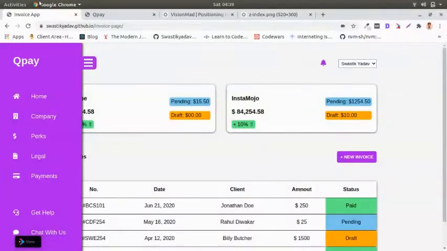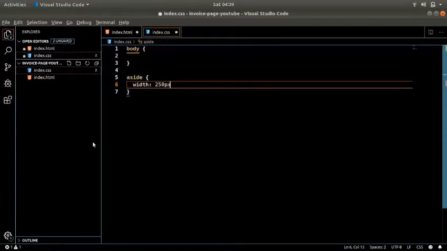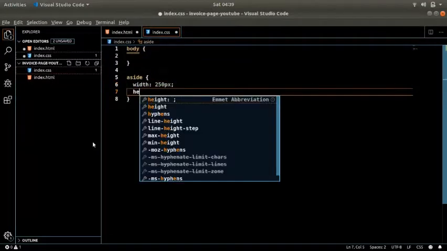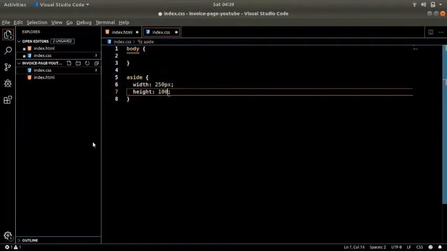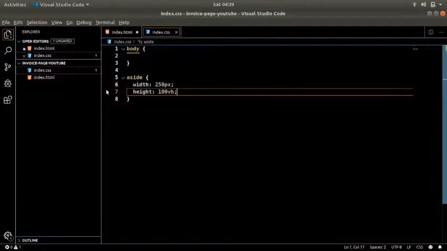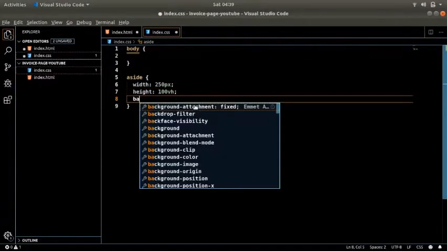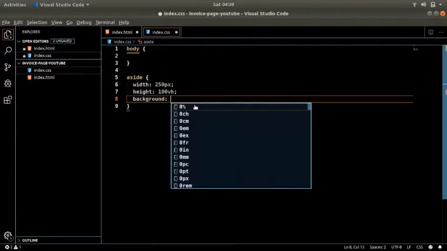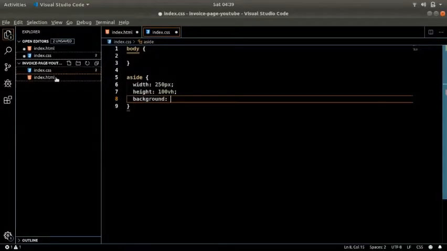The width we will take as 250 pixels, and the height will be 100vh. So 100vh will make it take the entire height of the available window, just like it is right over here, no more and no less than that. With that, we will set the background, and the background here is blueviolet.